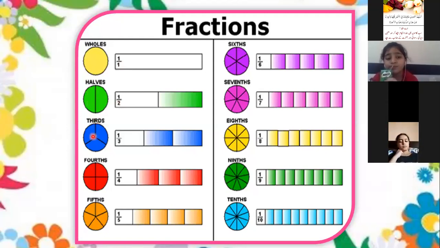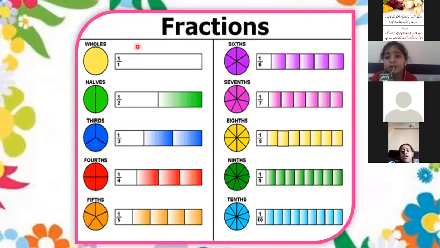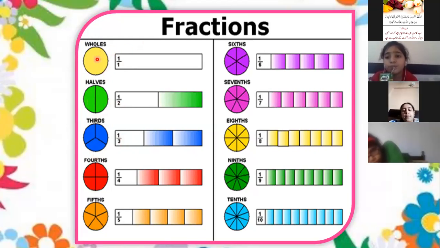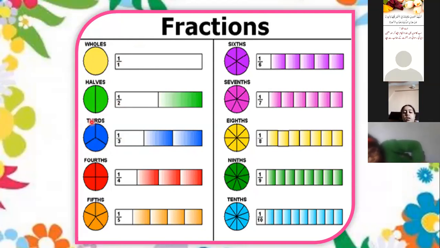In the same way, if you come to the third shape, we have divided this whole into 3 equal parts. And each part is called 1/3. These are of the same size, but here it is whole. Here we have divided into two halves, and now we have divided into 3 parts. The proportion of the value is the same.